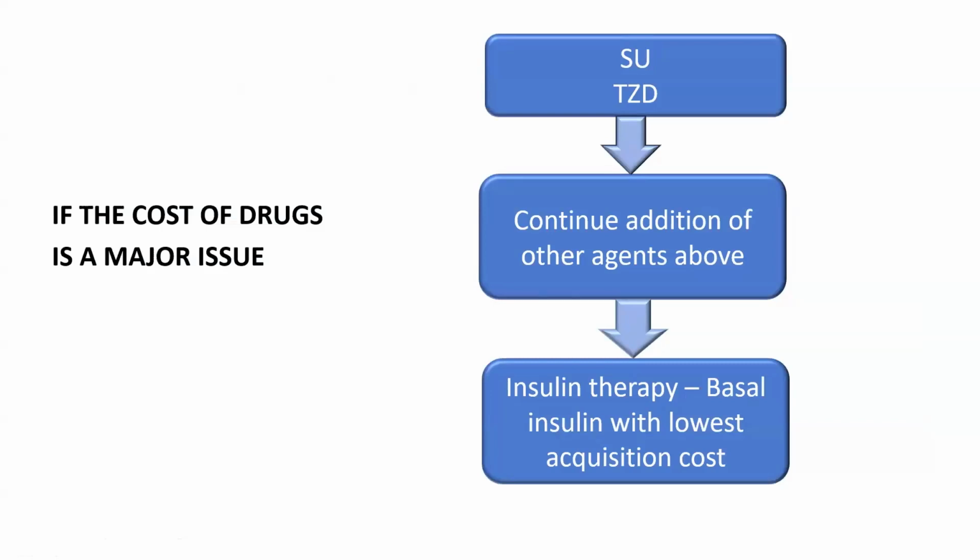And then, of course, if the glycemic targets are not met with those, we cannot go for expensive drugs like, say, empagliflozin. In some clinics it's available, but in some it's not. If you are to buy it from outside, it's quite expensive for the patient. So in those cases, it's best to start with the basal insulin with the lower cost as the final agent